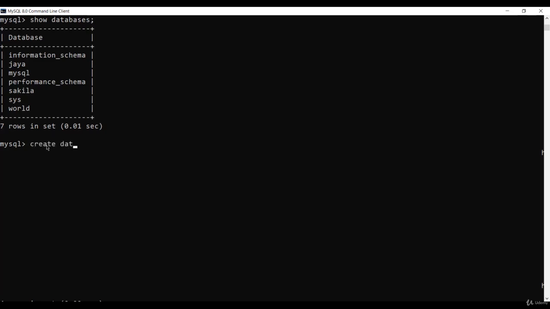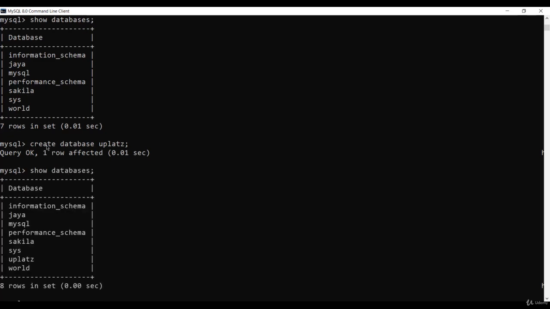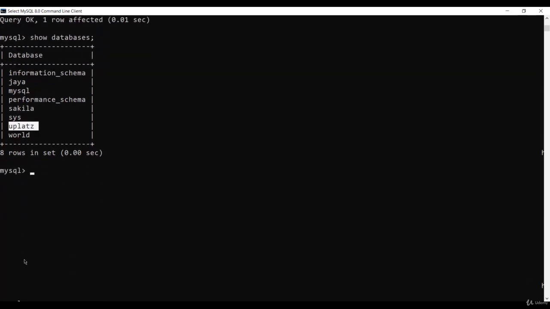Let's say I create a database, uplats. So now when I show my databases, I can see that uplats has been added to the database list. Now, what we'll do is try to demonstrate NOT NULL in our table. Before that, we have to define a table. So we'll create a table, let's say users. So uplats.users,